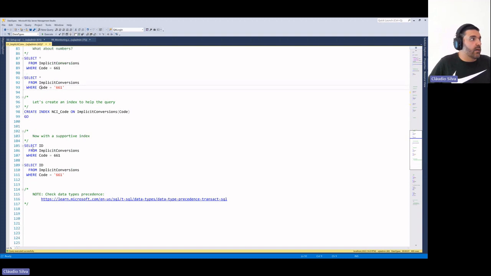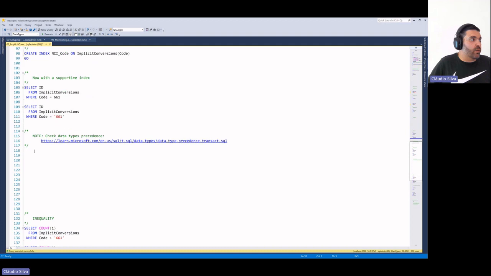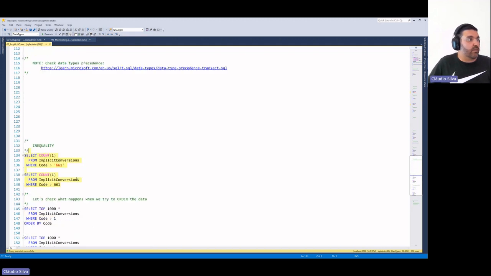And we have, in this case, the same output. But now, one other thing to be aware of, and you can check this, is the data type precedence, to check which ones will need to be converted before being compared in each situation. Still on the data types, what happens if I'm doing inequalities? If I'm saying I want everything that is bigger than 661, is this the 661 number or the 661 string?